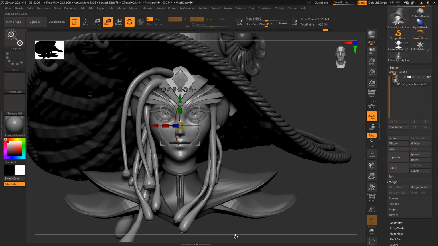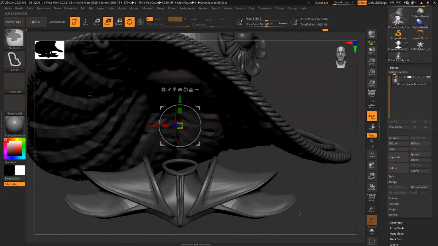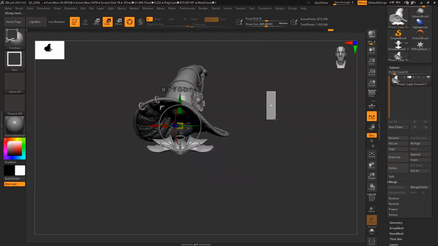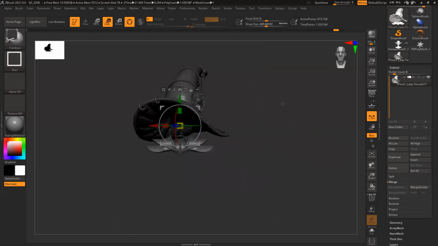So let's see what I can do. Control Z, Control Shift drag outside. It should invert it.